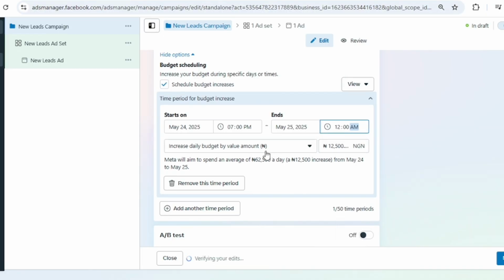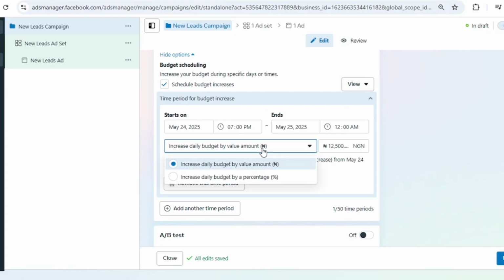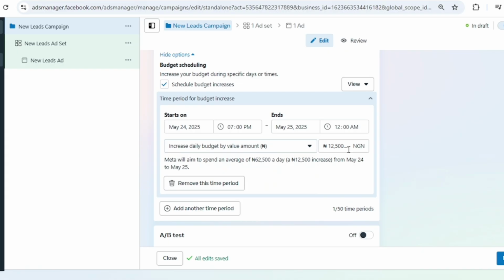So it now says increase budget by a certain amount. There are two ways you can increase the budget. It's either you increase by a certain amount or increase by a certain percentage, right? It's the same thing, it's just preferences. For me, I like to use increase daily budget by value amount. So I can say increase by 10,000 naira.